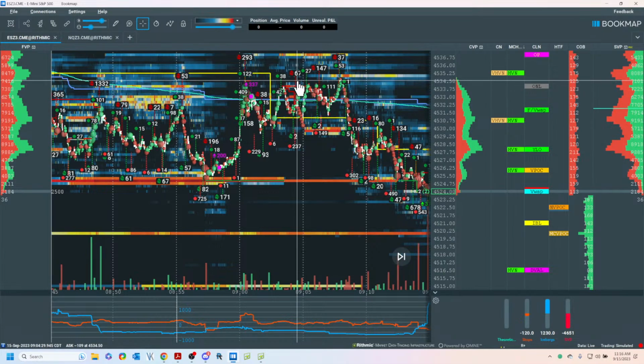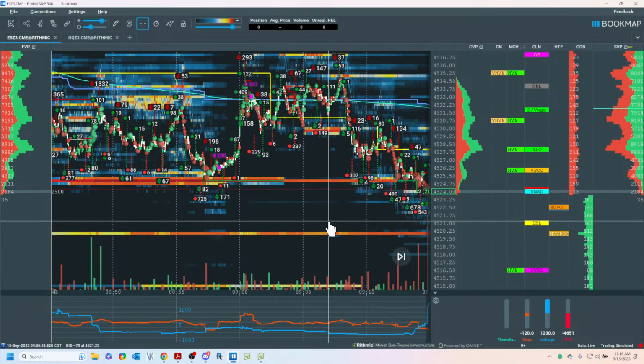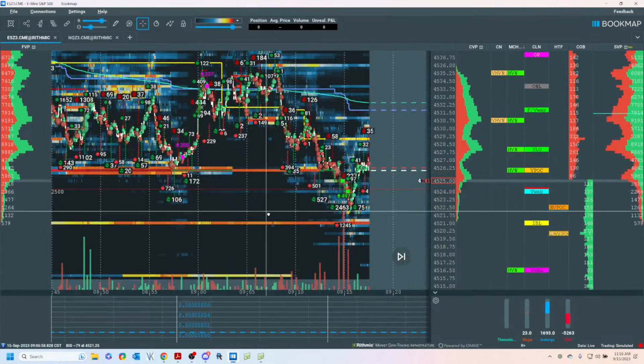Does the word short covering come to mind? And then if I come up here, right, I get my opportunity to get short again. Now I have a 97% stat here for a short. And once I get it, which is here, then I'm going for this. And then I have, I think it was 10 or 15 down.